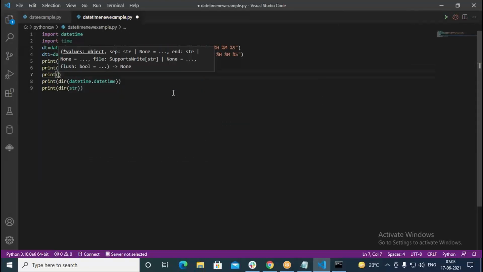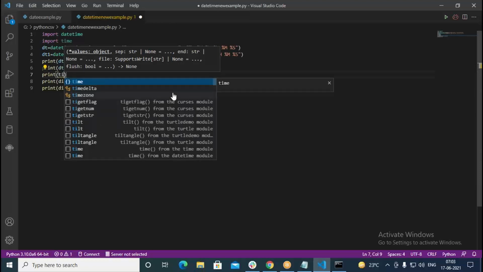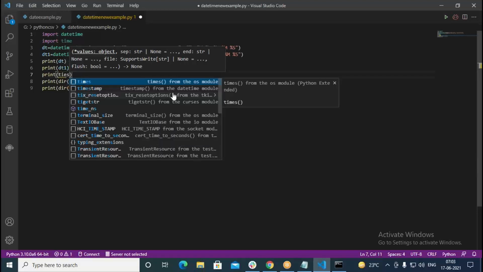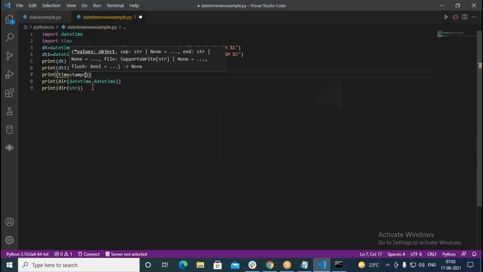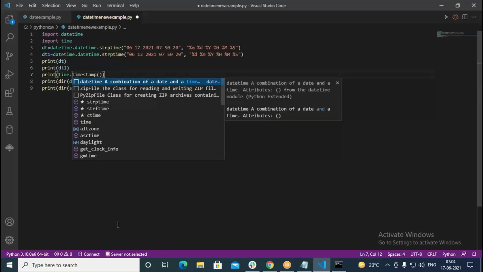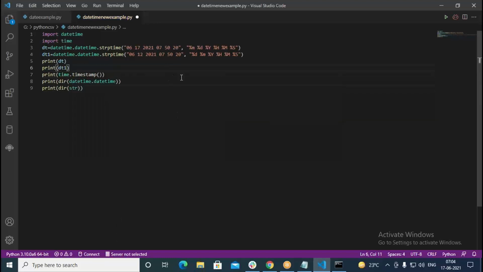I write timestamp here, and then we put time.timestamp, so that can give us the current date and time, including milliseconds.